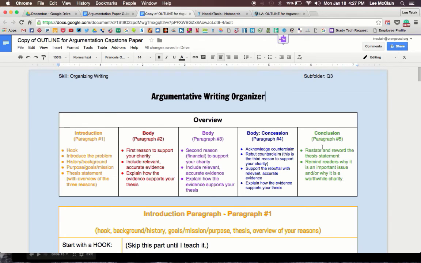The last paragraph is the conclusion, where you're going to remind us of your thesis statement and remind us of why this issue is an important cause